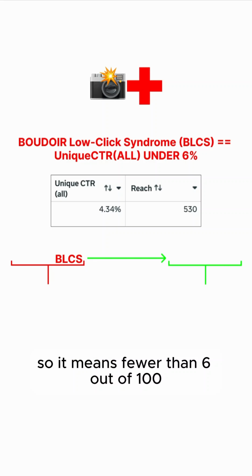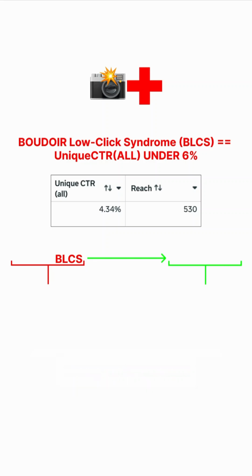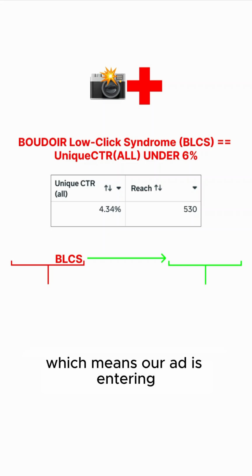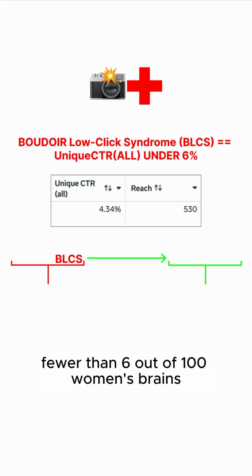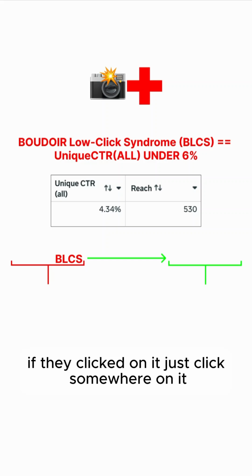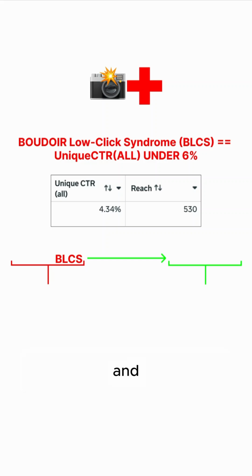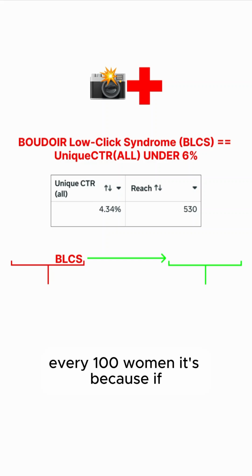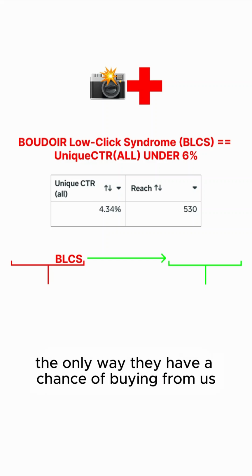So it means fewer than 6 out of every 100 women are clicking somewhere on our Boudoir Facebook ad, which means our ad is entering fewer than 6 out of 100 women's brains, because that means they didn't simply scroll by if they clicked on it, just click somewhere on it. And that means fewer than 6 out of every 100 women actually have a non-zero chance of buying from us. It's because the only way they have a chance of buying from us is if our ad